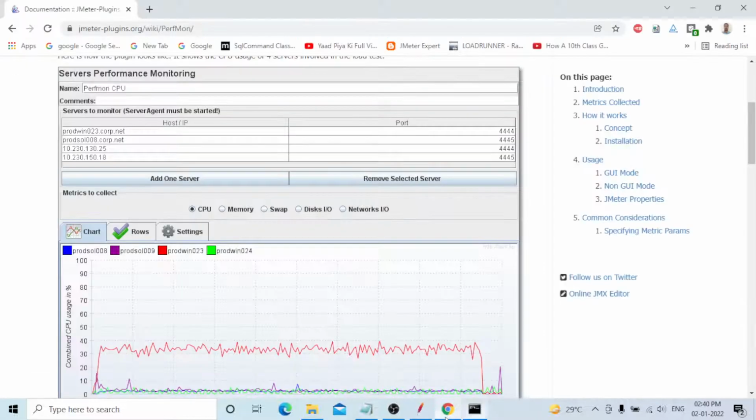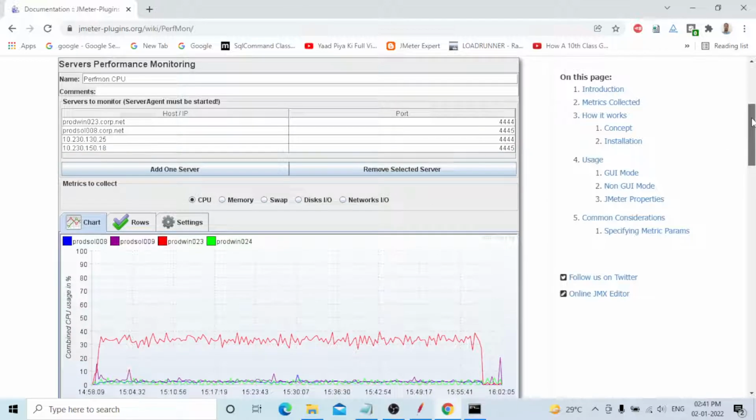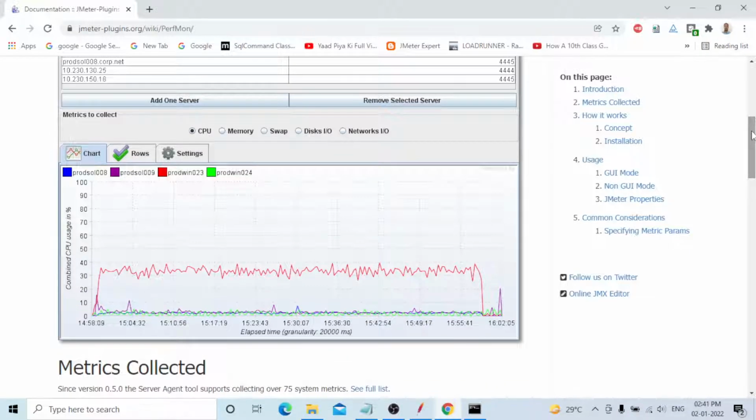Okay, what are the metrics you selected? Metric collector: CPU, memory, network, disk, swap. Do you know what swap is? Swap in, swap out. You need to learn how to read and write all these things. It is very important for performance testers, not for functional or automation people. Automation people use JMeter only for API testing, SOAP and REST.